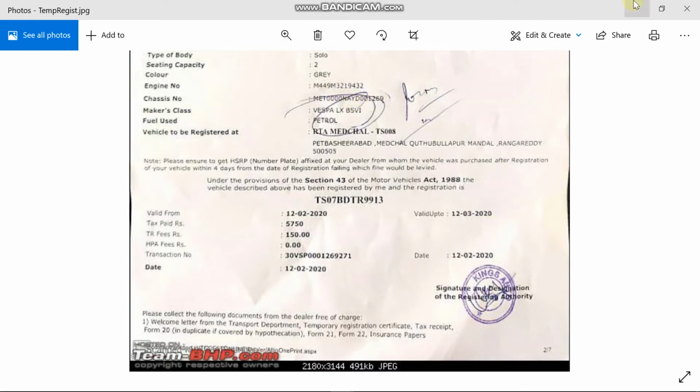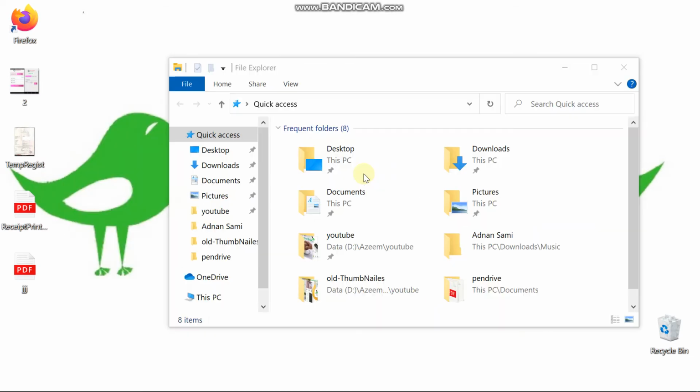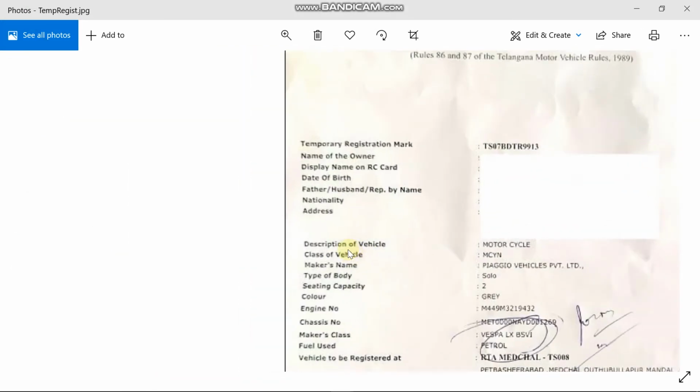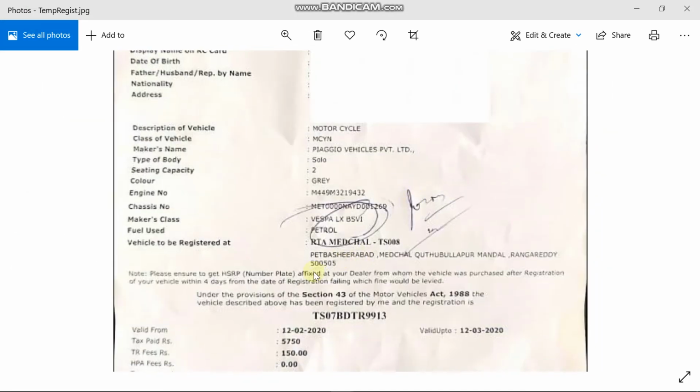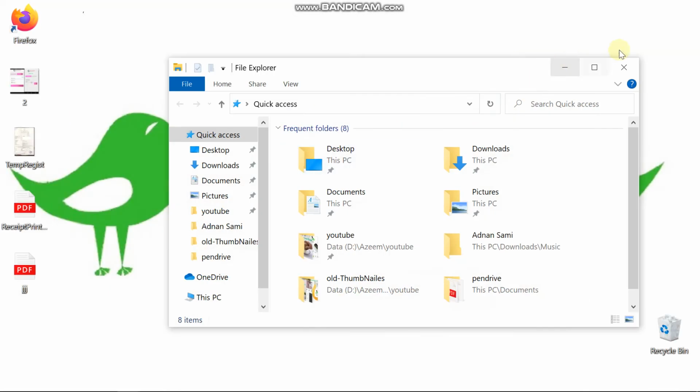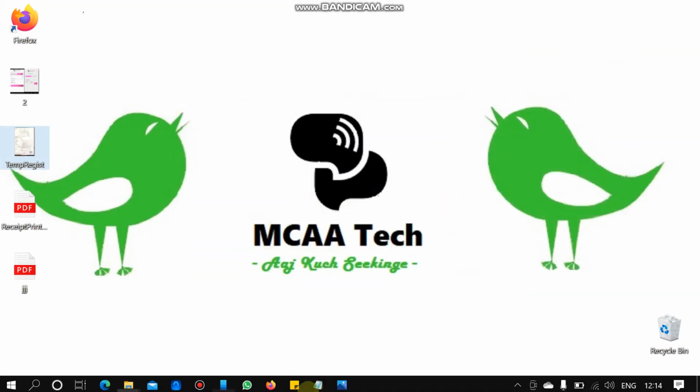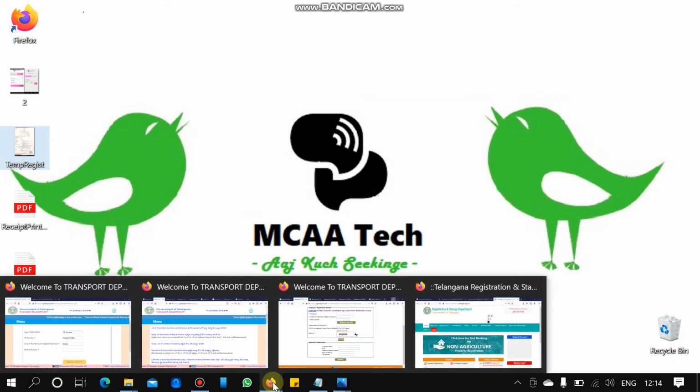So those are the two important numbers, and from the list of addresses they have provided here, you have to select the numbers only from that area. That is for the vehicle to be registered. That's the main important thing. You have to take those documents to the RTO office once the slot is booked.